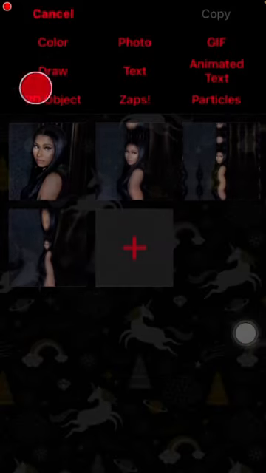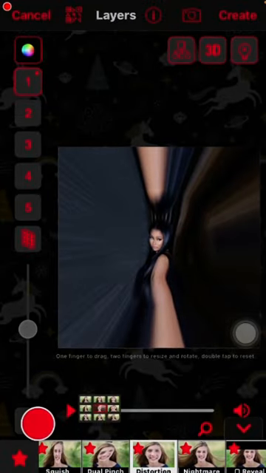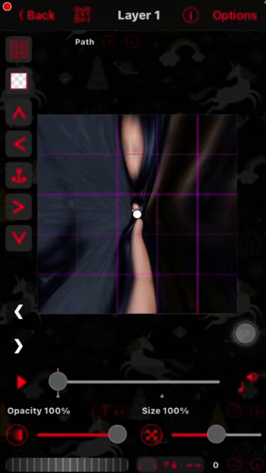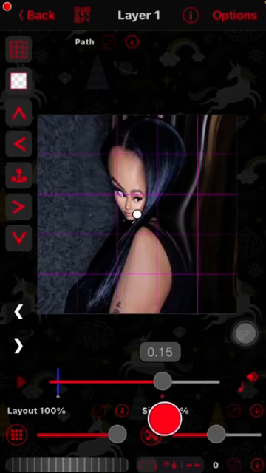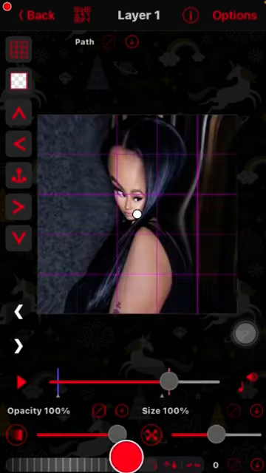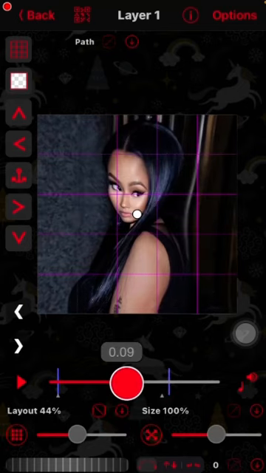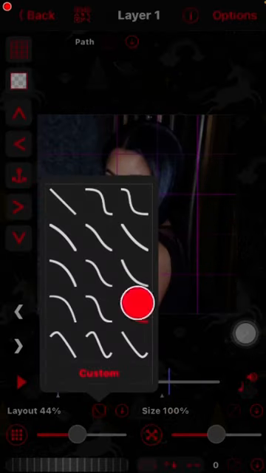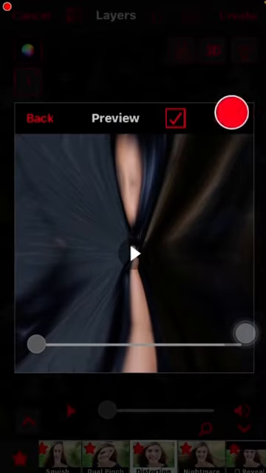and you want to go to layer 1, click distortion, click the first option again, put it at 100, go to 0.16, oh, wrong option, put it at 0, click the graph icon, do the same graph that you did the first time, click back, click create,